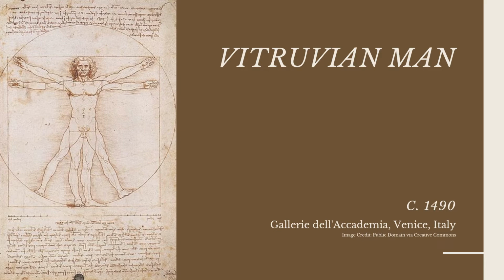Leonardo isn't just famous for his beautiful paintings. He was a prolific writer, and several of his notebooks have been found and studied. One of the most famous images is that of the Vitruvian Man. He drew two men superimposed on each other. Surrounding them are two shapes, a square and a circle.